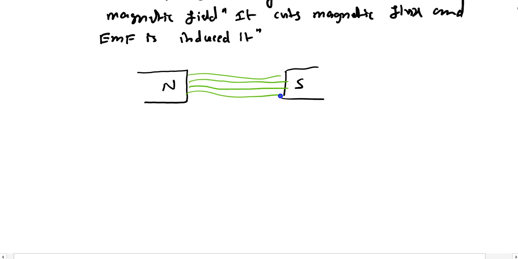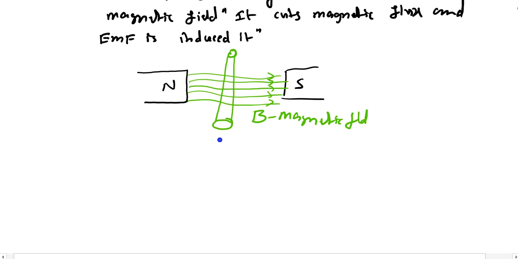So these are the magnetic flux directions we assume, and this is the magnetic field here. In this magnetic field, if you place a conductor, so this is my conductor, and it is rotating,